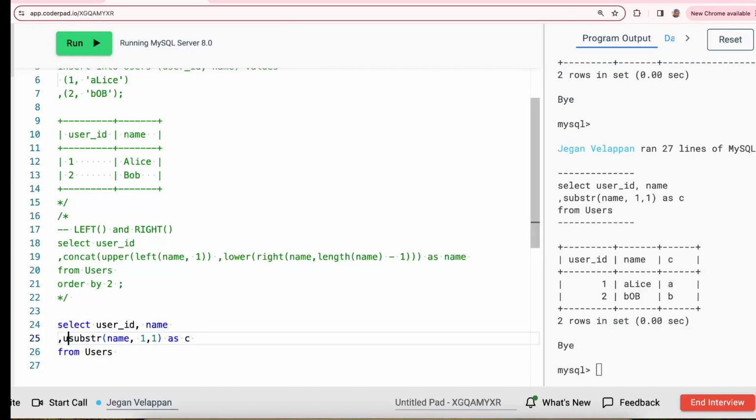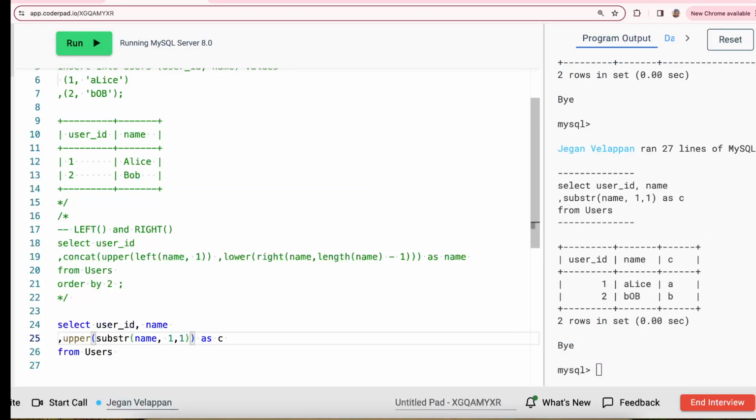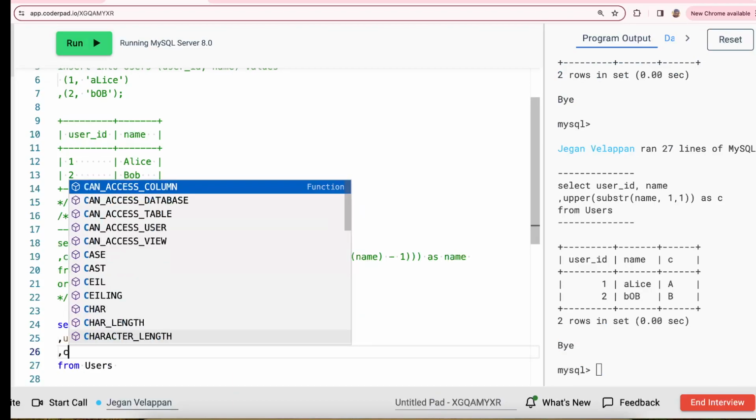Now, if I want to make it uppercase, then it's the same. Make it as upper, and I run it. Okay, so I got the first letter and they are all caps. Now, if I want to go with the second part, the substring